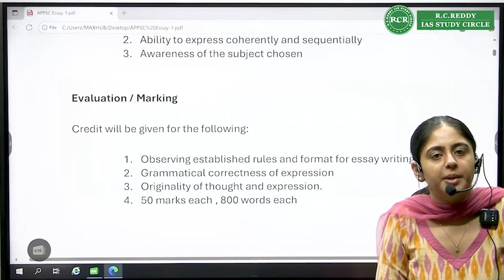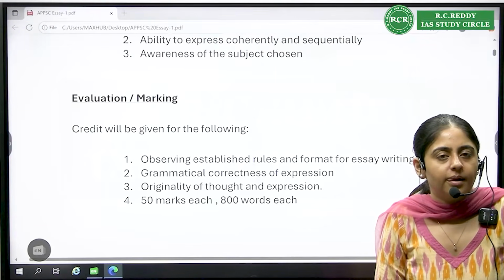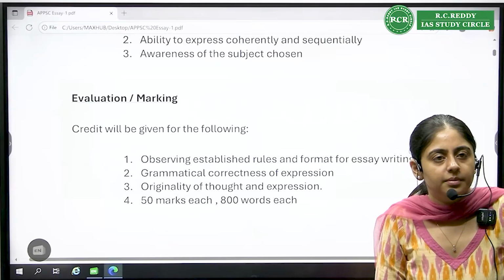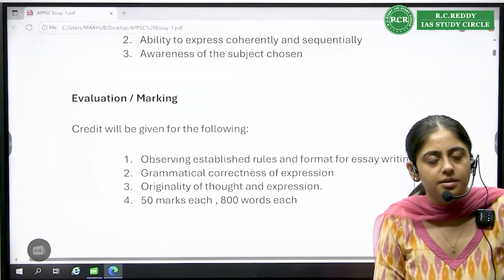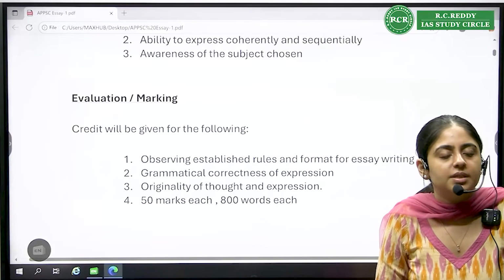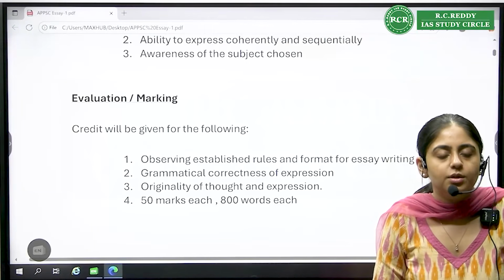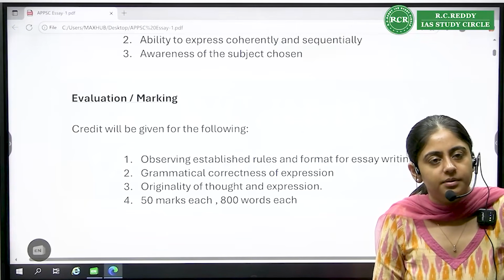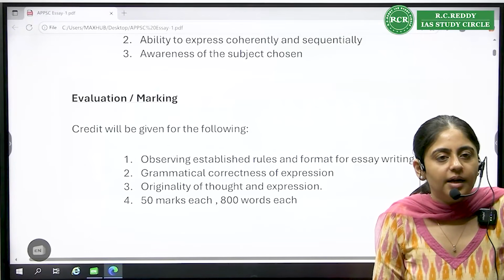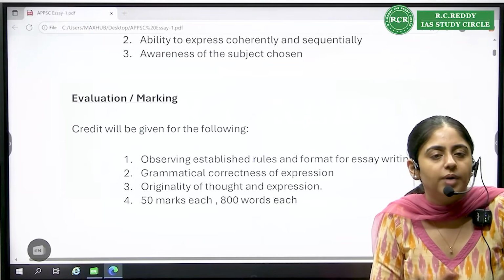Take advantage of mentorship. Write answers, write essays, get them checked. Come again and again. Come every day. I have no problem. You can come every day and show an answer. You are much better than anyone who's not writing even a single line. Write a bad essay, write a bad answer, no problem at all. We will improve it together. But till the time you write it, I cannot give my feedback. My feedback will be based on what you have written.